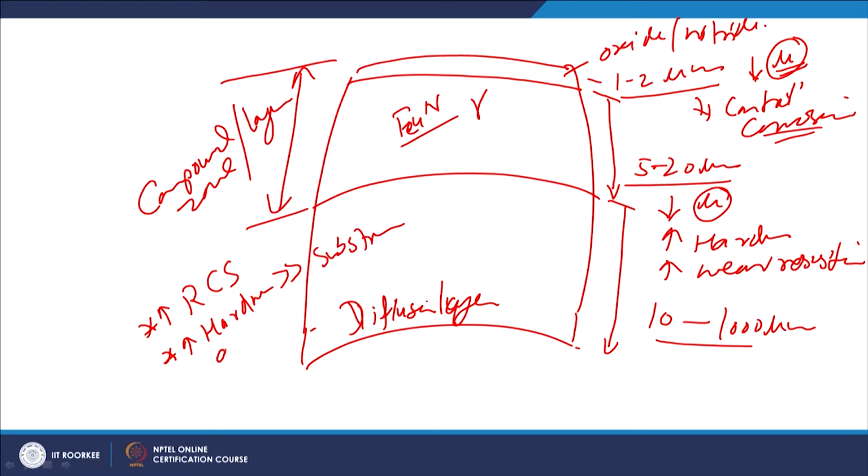So, thereby it will be improving the abrasive and adhesive wear resistance, and because of the residual compressive stresses, it also increases the tensile strength and the fatigue resistance of the material. So, this is how the different zones are being formed due to the varying concentration of the nitrogen in the surface layers. And if we try to plot the concentration versus the different zones which are formed, so very top